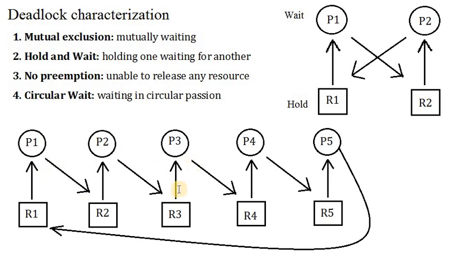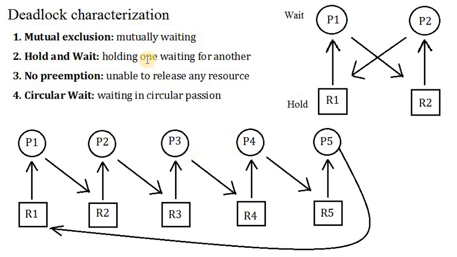No other process in this network can complete its execution unless one process releases its resources, or resources are released from some other process. Only then will this deadlock situation be resolved, and our process execution will continue. But in this circular way, no other process is going to complete its execution. That is the major problem you can observe here. So this is circular wait.